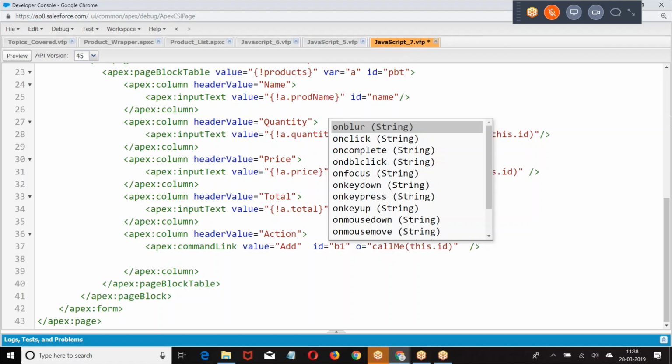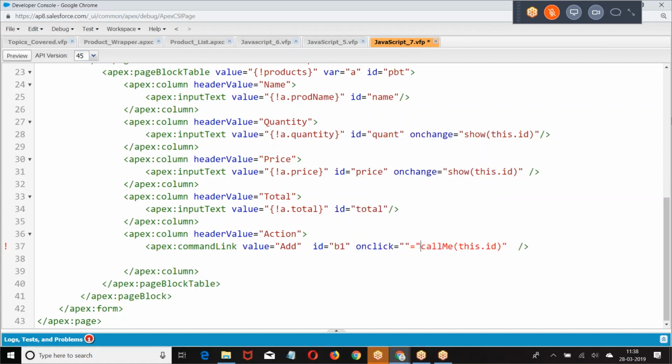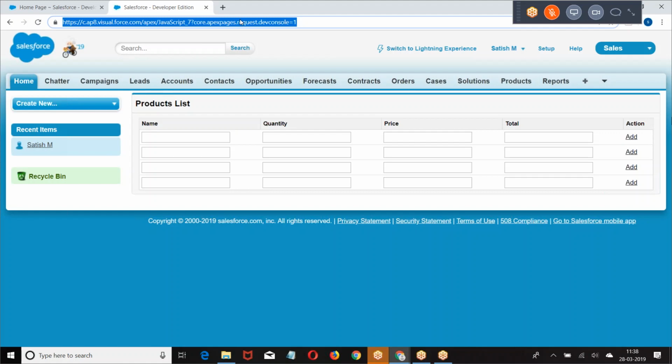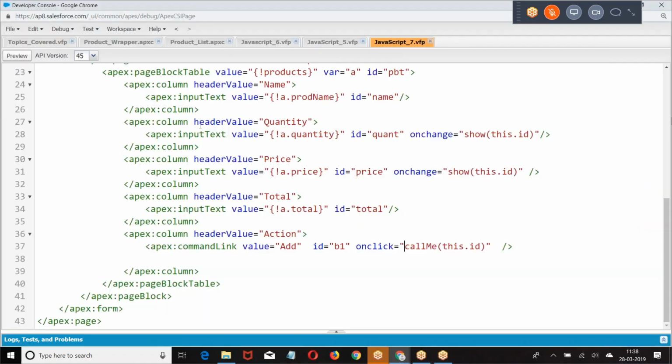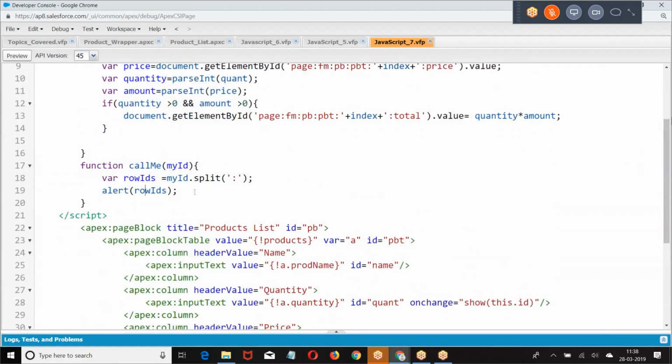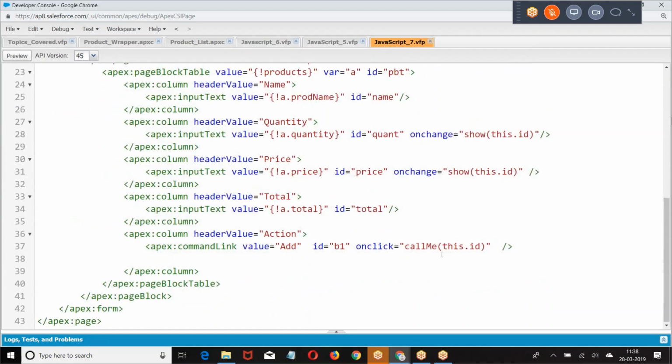So we need to cross check why the functionality was failing here. Let me redo it. Add. It is not getting split. ID is not getting passed. On click call me.